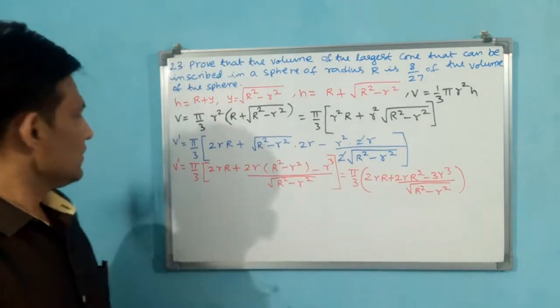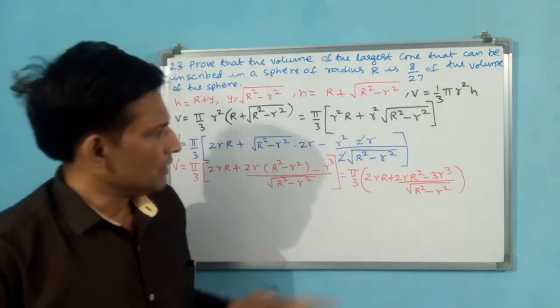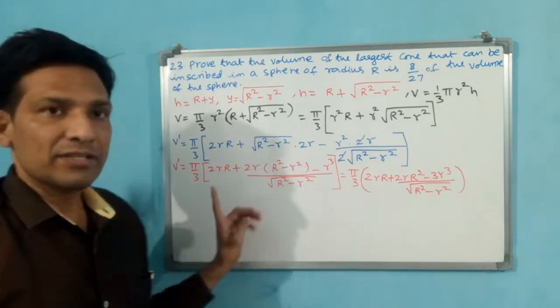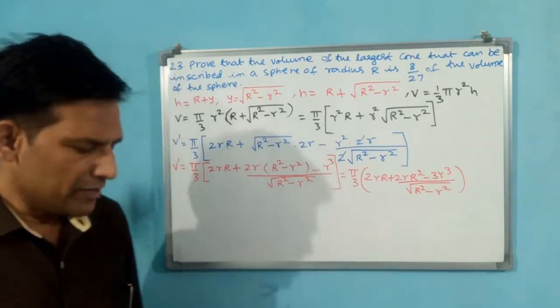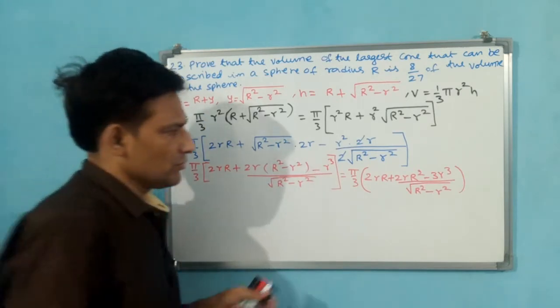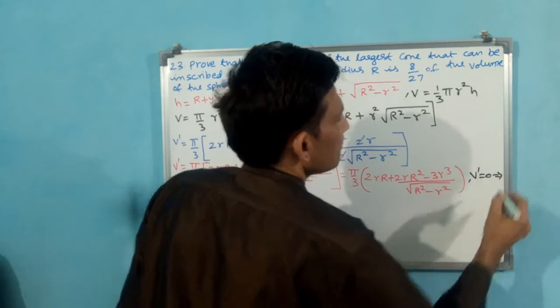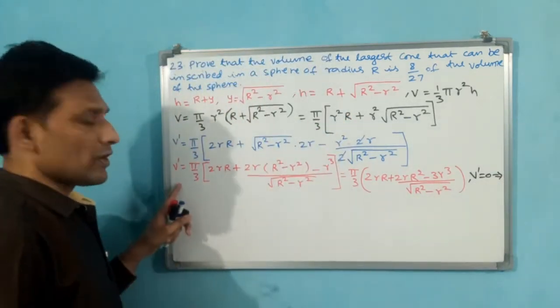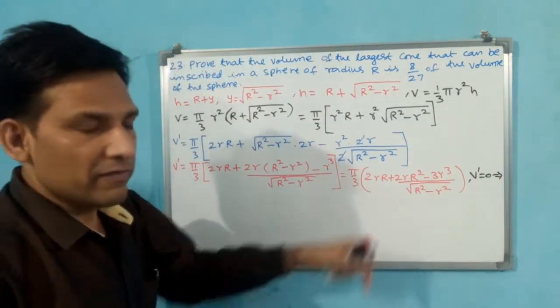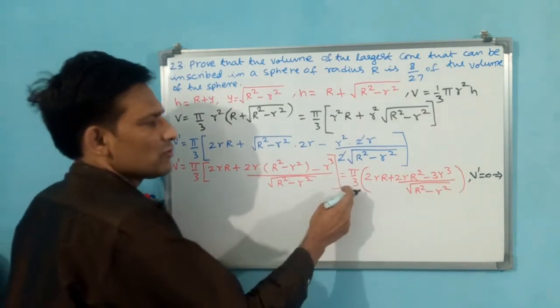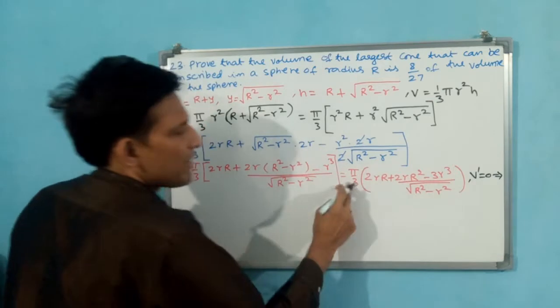Okay, now I think we have done v dash. We cannot do anything much. Now what we do, v dash is equal to 0 we will make it. Okay, implies. Let us see how I am making, you see. V dash is equal to 0 implies. That means we are equivalent to implies. Then we will find r value. You see, pi by 3 goes that side, means it is going to become 0. 3 into 0, 0 by pi, 0 only.